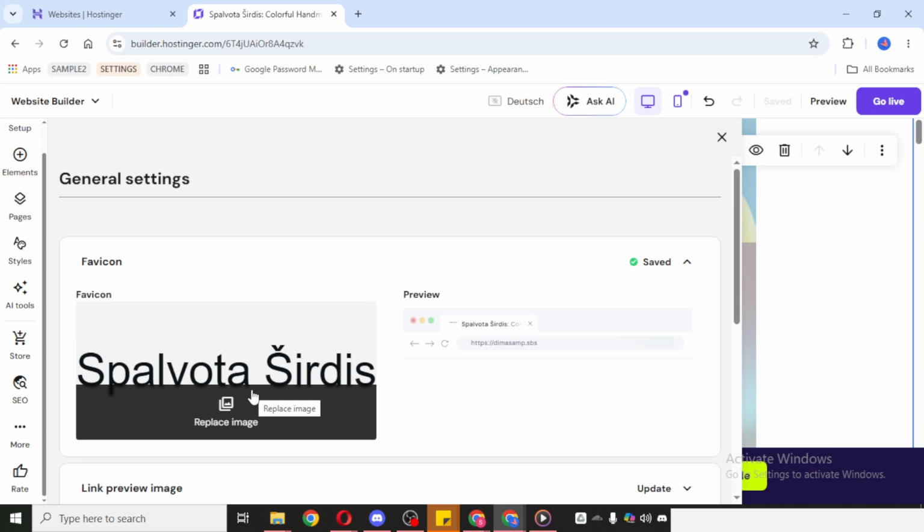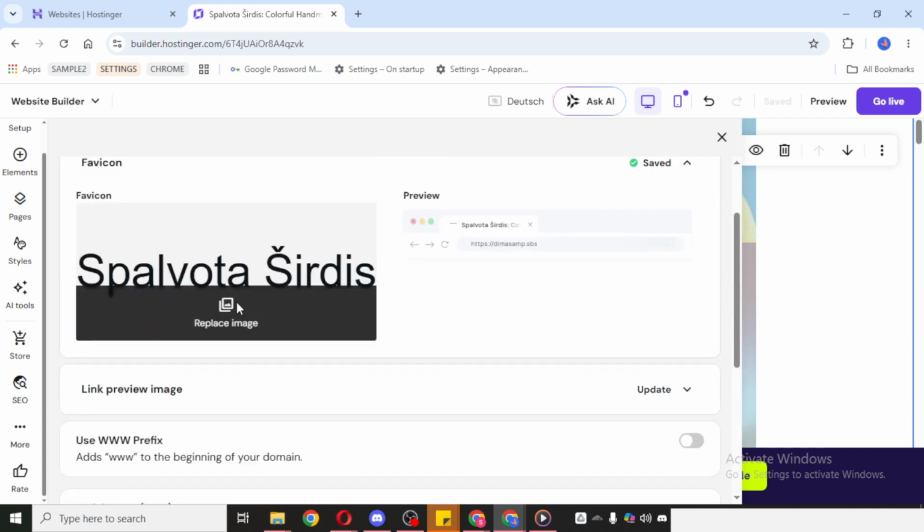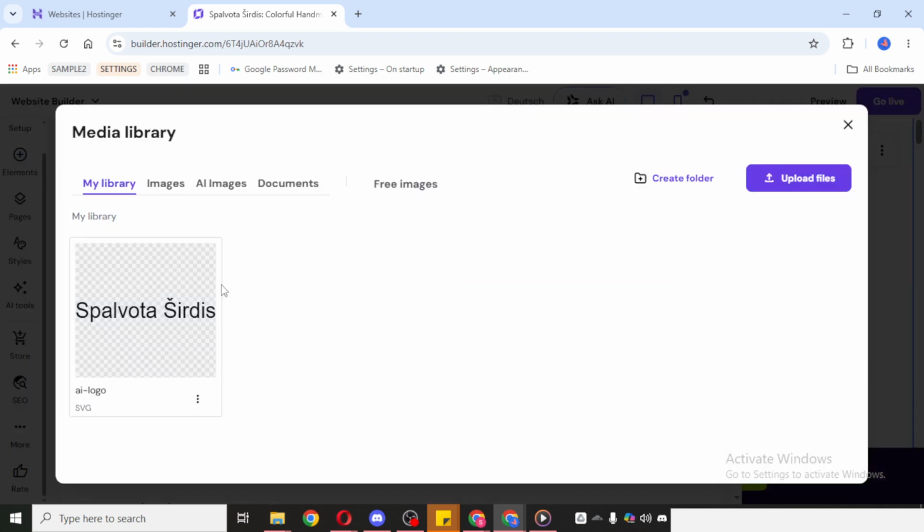Now, look for the favicon option. When you find it, click there, and you'll be able to upload your image. Choose the icon file you want to use for your website. For best results, use a simple, clear image that still looks good at a very small size. Since favicons are tiny, logos with too much detail can be hard to recognize, so a clean design usually works best. After uploading the image, give it a moment to process if needed.